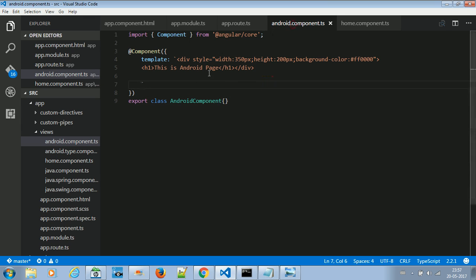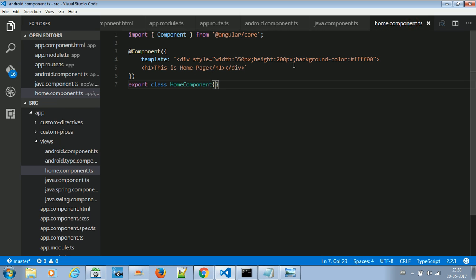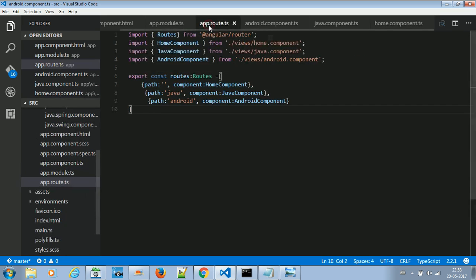We had an Android component just saying that this is the Android page. We had a Java component, inside the views folder we had created, which just says this is the Java page, with a div style and a div background color. And then we had a home component saying this is a home page, in the same way with different background colors. And then we had created a configuration file called